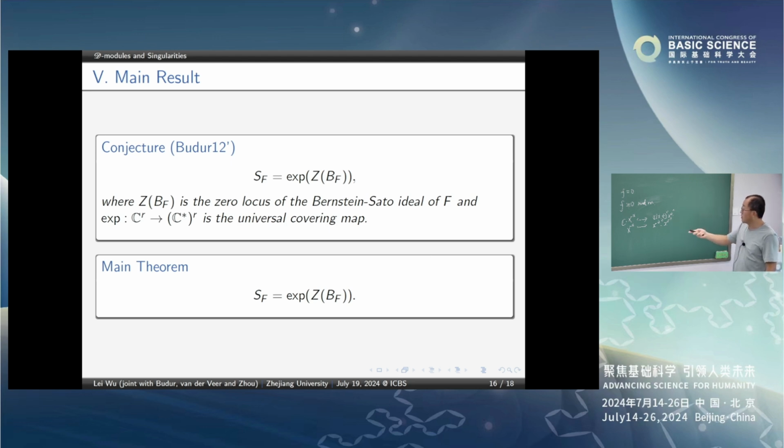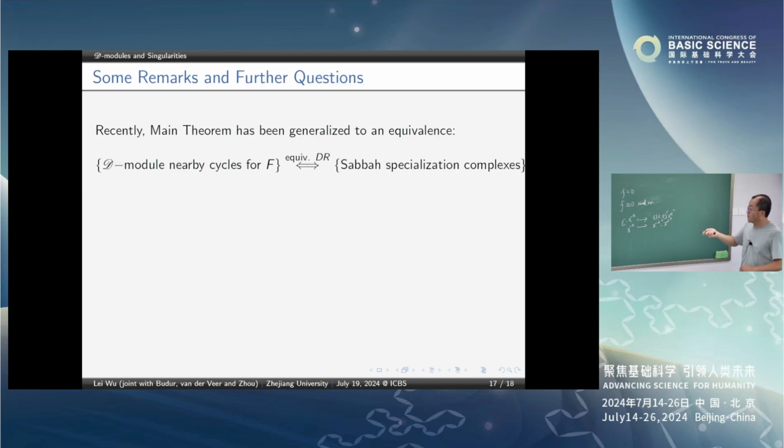One is X times this CR, the other one is X times this C star. But those two are related by this universal covering map action. So you can probably imagine, this result is also a generalization of this Kontsevich-type result, because they also construct nearby cycles for D-modules along one polynomial, and then the link constructed the nearby cycles along that type of surface